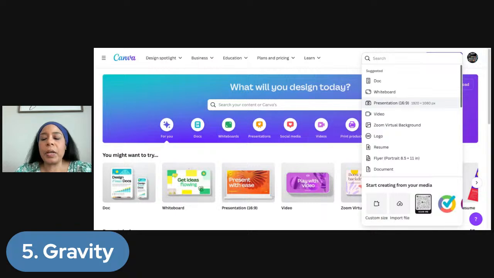And this is what I like about Canva right here, because a lot of our students are shy and they don't want to show their face when they're presenting. So they can have no camera on, or you can do the camera. Then just start recording, and it's going to do the countdown.